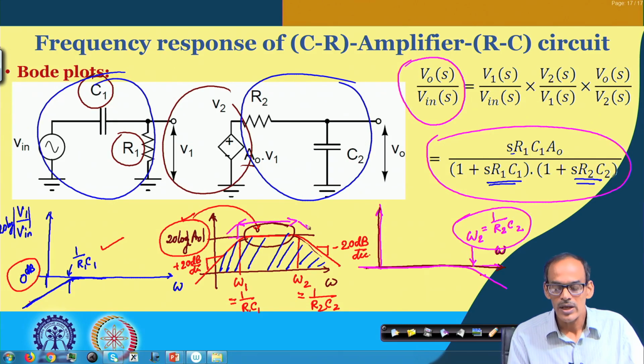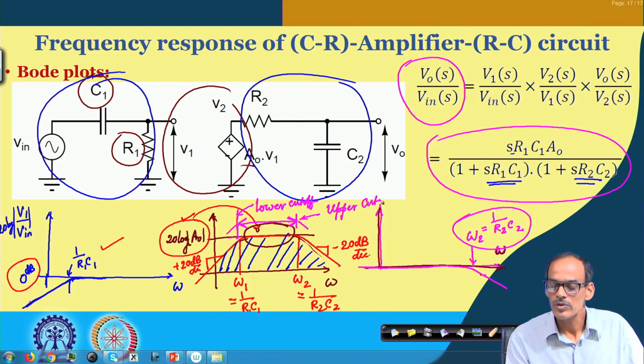So our suitable range is only this one, and these two are the limits of the suitable range, or we can say cutoff frequencies. One is called the lower cutoff frequency,